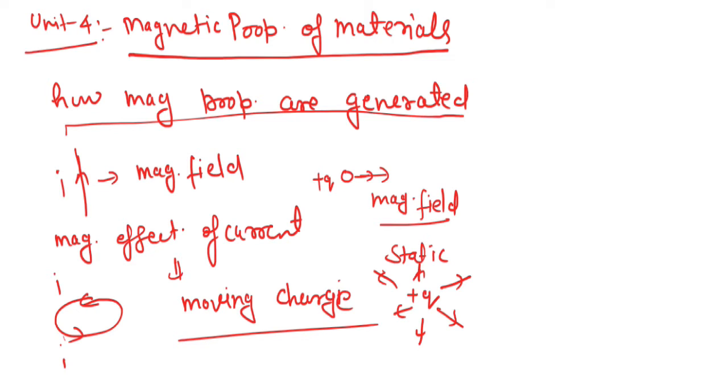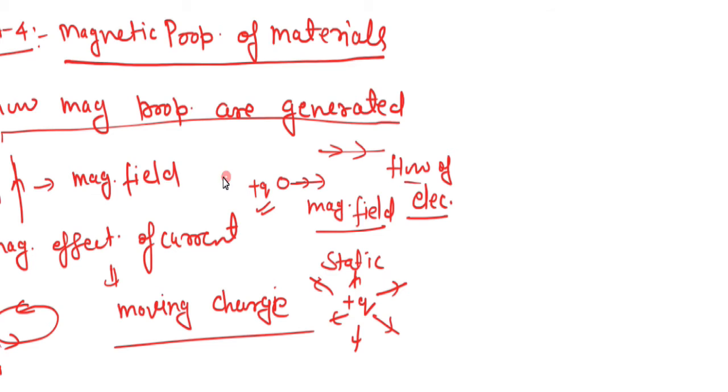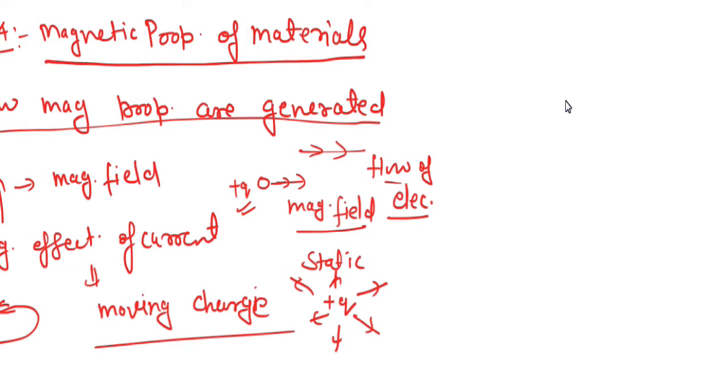So if you see a current, what is current? It is the flow of electrons. So this means electrons are flowing. This means charge is flowing, and due to this moving charge, a magnetic field is generated when a current flows in any wire. Now if you see any atom in solid, you can see that electron has two type of motions.